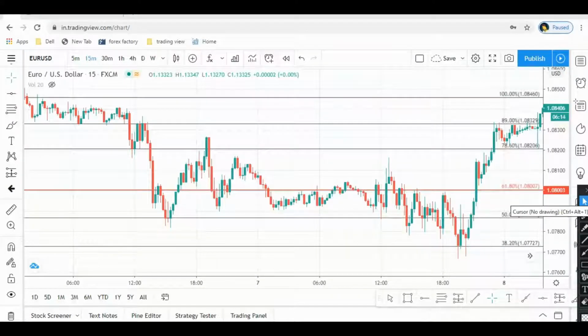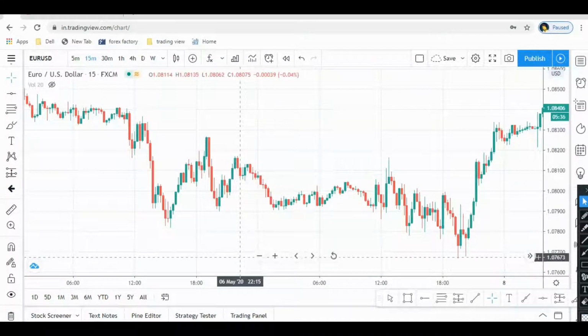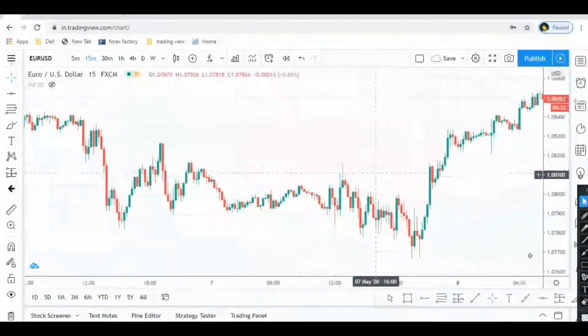If you are going to use Fibonacci, I would request you to please take your profit at the next retracement, which is 50. Whenever you are going to take any trade as per Fibonacci, I request you to please close your take profit at the next retracement. This will be very profitable trading. By this method you will earn around a 60 to 70% win rate. This will be a 60 to 70% winning ratio.